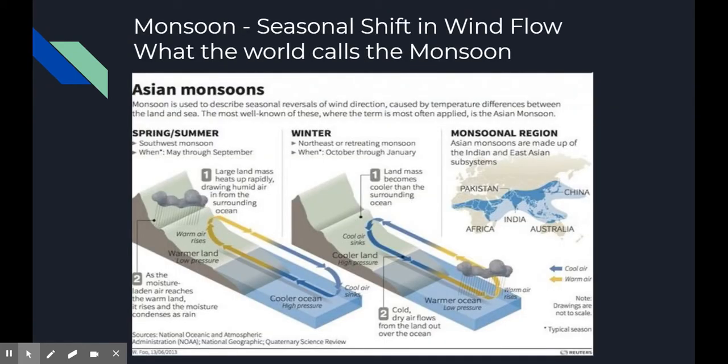Another pattern that will affect the moisture in an area is the monsoon. Now, what the world knows as the monsoon is not what we have in our local area. They have what's called the Asian monsoon. Essentially, in the spring and summer, the warm air on the land and cooler air over the ocean creates a very large sea breeze effect to some degree. But instead of being localized to the coast, it goes all the way up through the Indian subcontinent. And this flow reverses in the winter, where the ocean is warmer and the land is cooler. There's general flow out to the ocean, and it tends to be a dry pattern for the landmass.